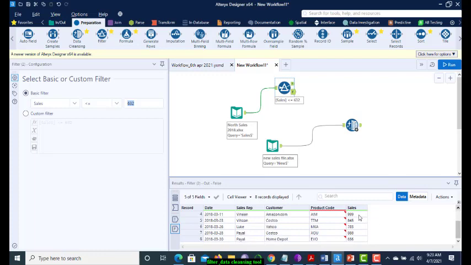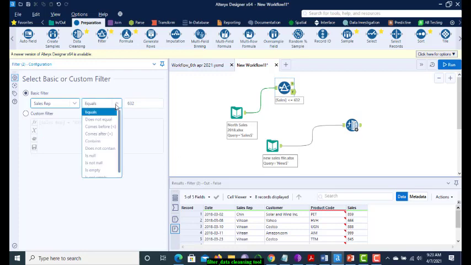In the false output, all the data is greater than 632. Now if I check sales representative, it is a string type column, and you can see all the functions have changed according to the string data type: equals, does not equal, comes before, contains and so on. Let's try out equals, the simple one.